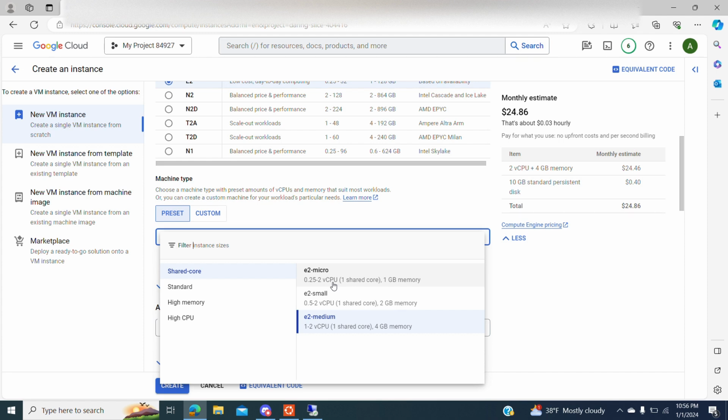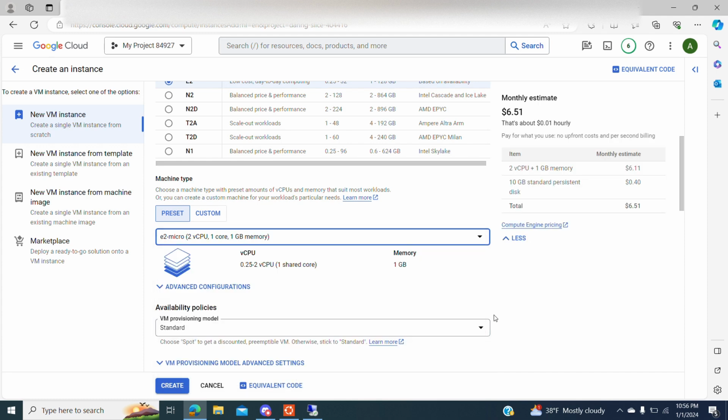Maybe you are out of the free tier, so you might not be covered, so it's financial interest to use the smallest one. But you can use even other sizes just to give some more space and to have a better performance of your Windows. I'm going to choose the micro one,